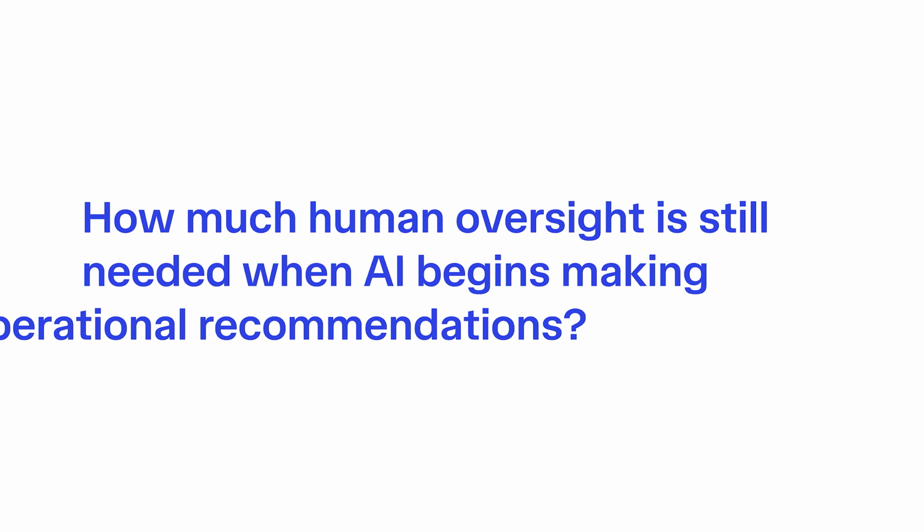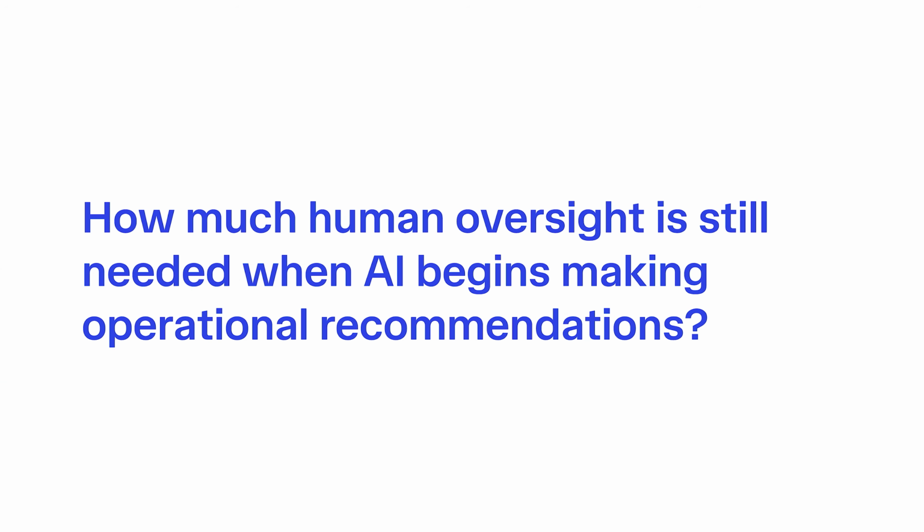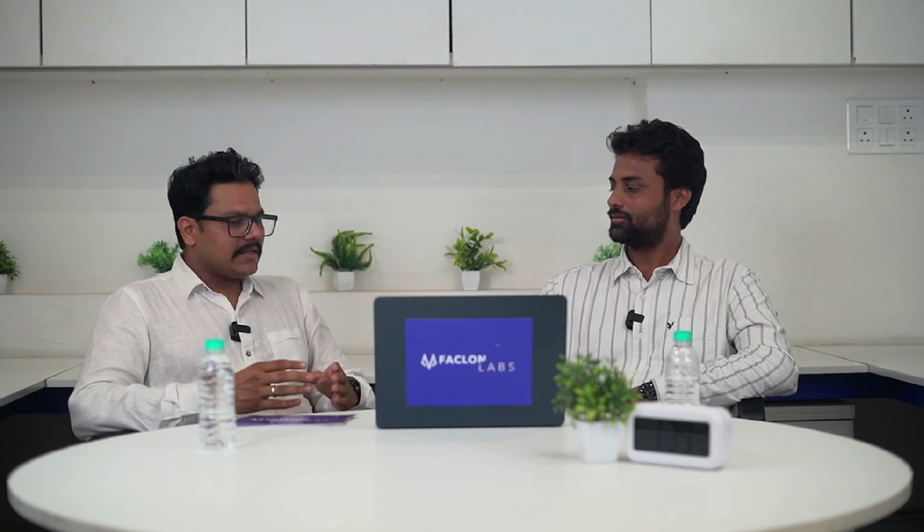Okay, we have quite a few more questions. How much human oversight is still needed when AI begins making operational recommendations? So for this, we can have one specific agent which has all the guardrails, which can keep analyzing whether the other agent is properly working within the limits or not. But then humans will come in to converse with it, or write those prompts down, so that they understand the physical systems and then convert that into text or words for the LLM agent to understand, or organize the data in such a way that it has all the information to take actions.